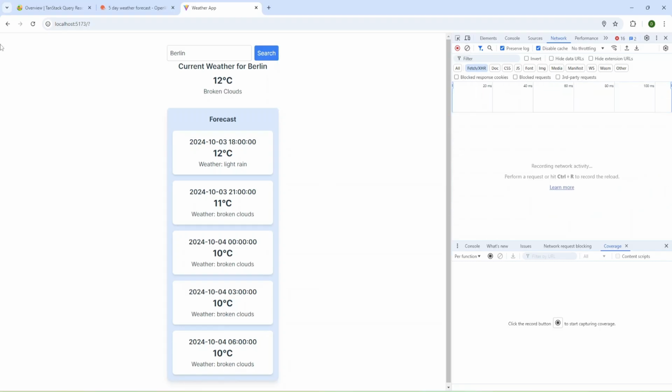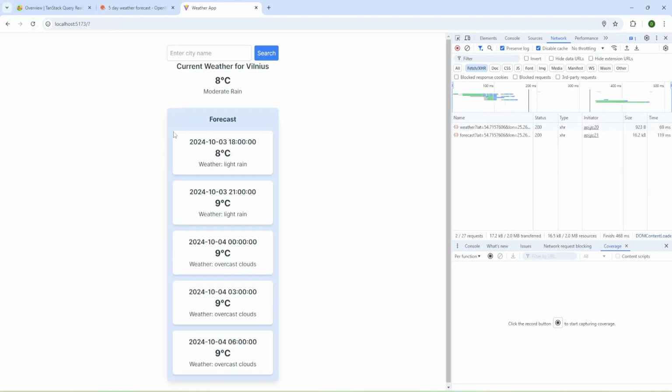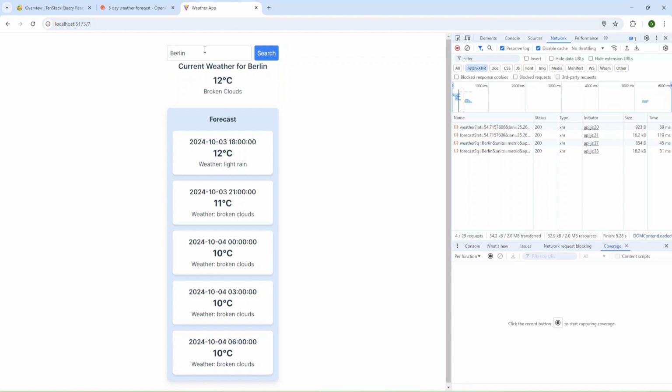And let's check again. I'm going to remove all this and refresh my page and provide city name as Berlin and search. Now I can provide London and search. Now I can provide Berlin again. And we have the same data for Berlin as previously, but the request was not made. And let's provide Paris.